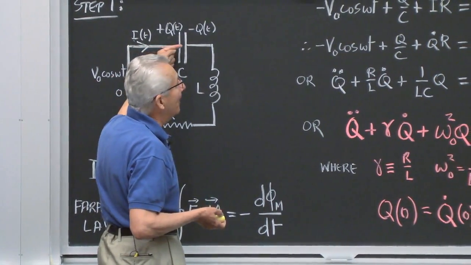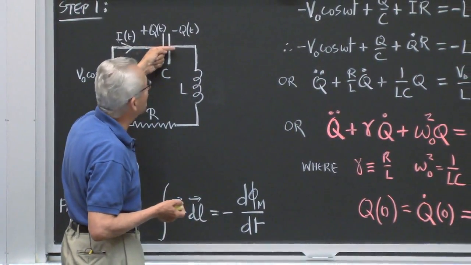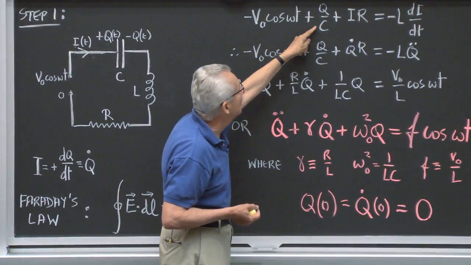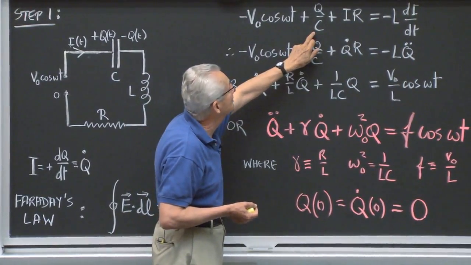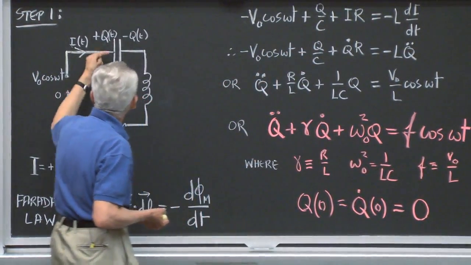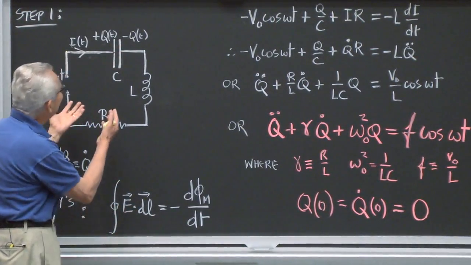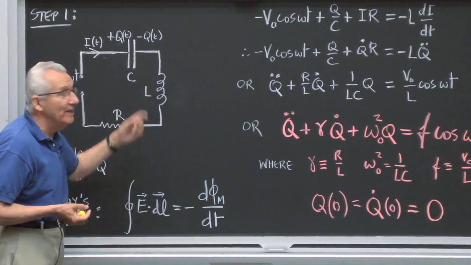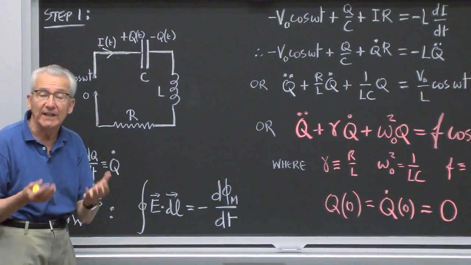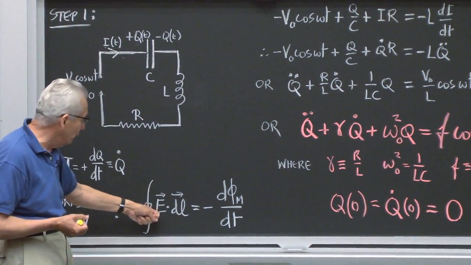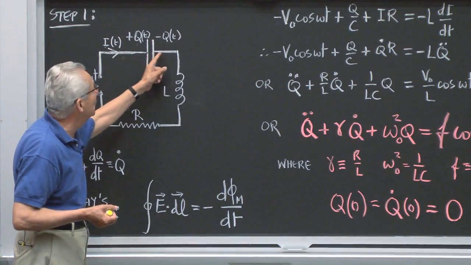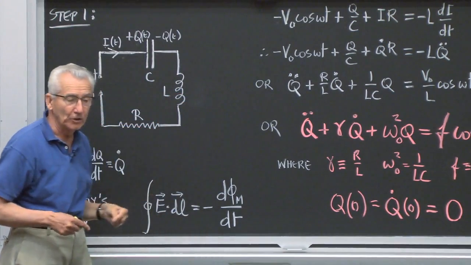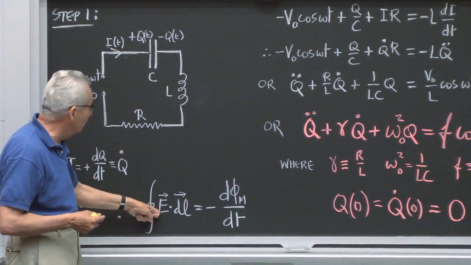I continue going around from here to here. The electric field is in this direction, and so the integral of E dl is Q over C, from the definition of a capacitance. Then, as we go round in these idealized diagrams, all wires have zero resistance, and therefore there cannot be a field in them. That's why there's no contribution from the field inside the wires. This inductance is just coiled wire, so there's still no contribution to this in the L.